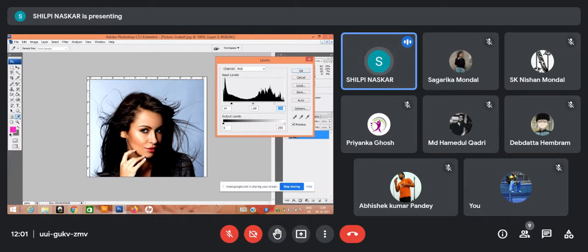And the image which is having more highlight tones will be called high key, those with more shadow tones will be called low key, and mid key, which will be having more mid-tone regions. Okay, so in the level you can edit the number of brightness pixels, the number of pixels in each brightness level.